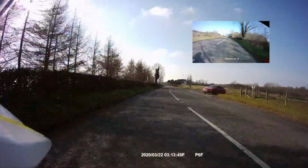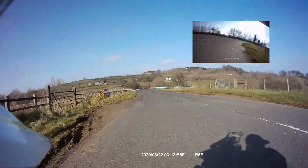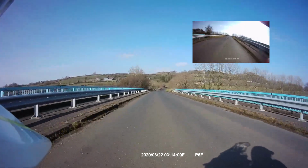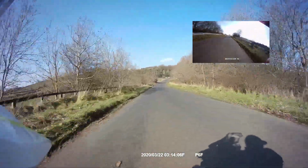So I don't know what the video quality would have been like. Obviously there's a lot of shaded areas here with trees. You can see the shadow of the bike. It seems to pick it up quite well. The quality is certainly not up there, but it's not the reason why I bought